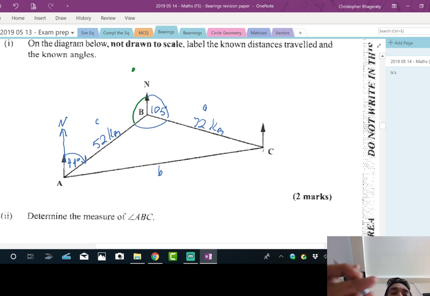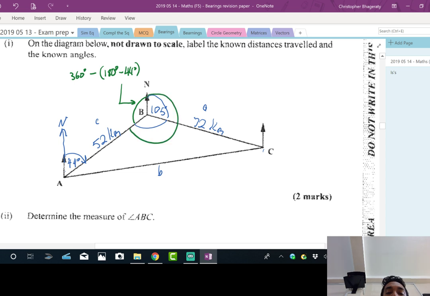Right. So let's go that again. To find this angle here, we could do 180 minus the 44 degrees, right? And that's because those two angles are supplementary because of the north lines being parallel. And now what you're saying is after that, we could take that from 360 degrees and we'll find the whole angle on the next side. But the thing is, we don't want the whole angle. Well, you can't add the 105, you gotta subtract it. Because remember, you just want this piece here. When you subtract that 136 from the 360, what you find is this whole angle here. So to find the piece on the inside alone, what would you have to do?